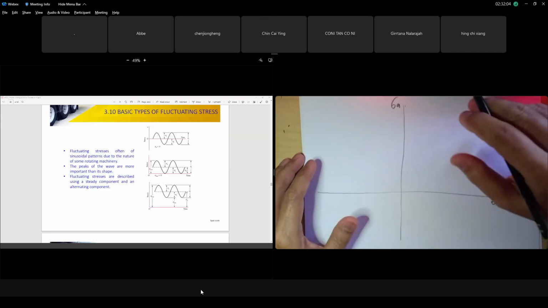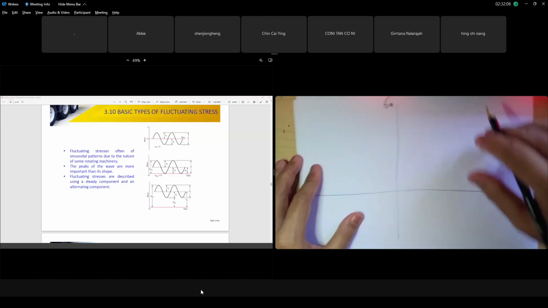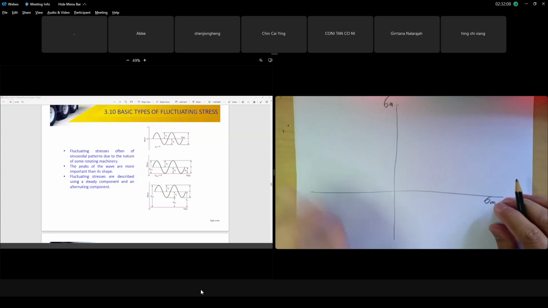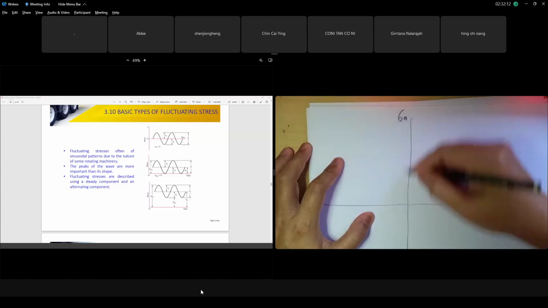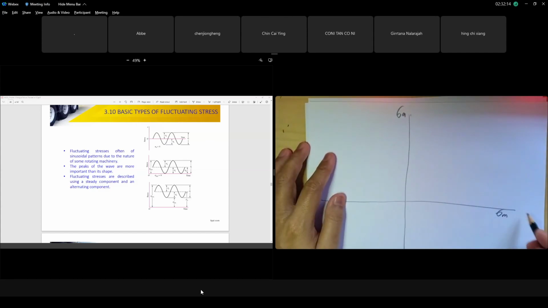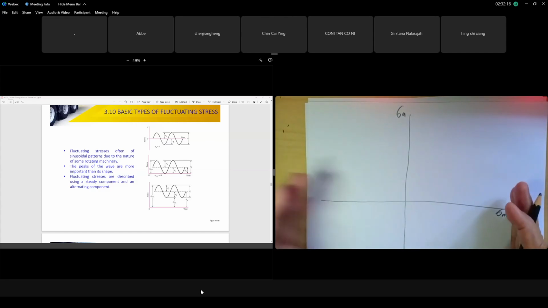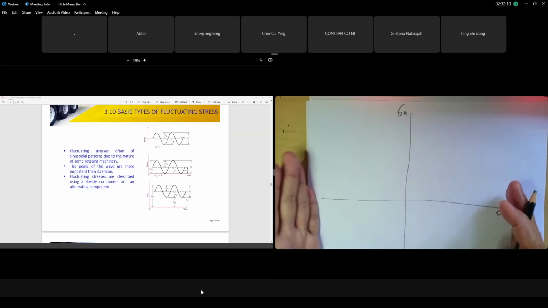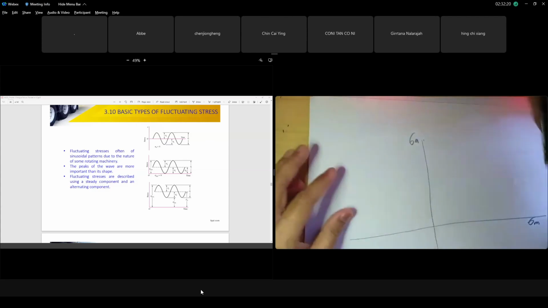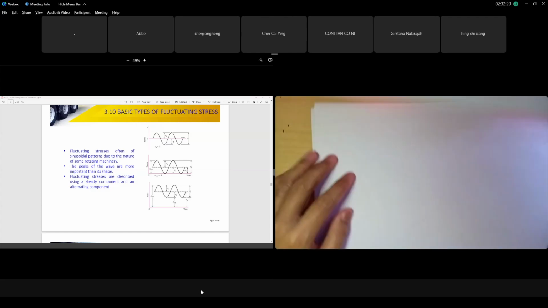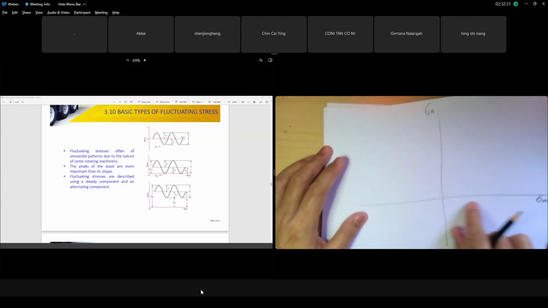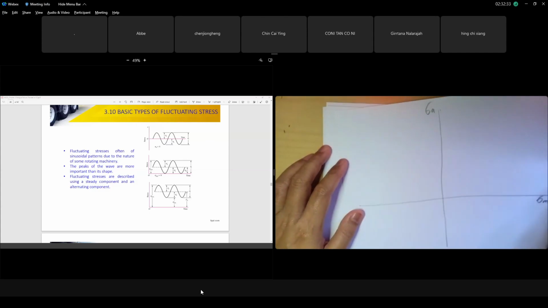Why am I talking about sigma equivalent mean and sigma equivalent amplitude? Because you plot them into a graph like this. The y-axis is about sigma amplitude, and the x-axis is about your mean. This is the positive side, and this is the negative side for mean. Sometimes your graph can go, the mean can go negative. Mean negative means that, if your mean goes negative, because this is positive and this is negative,